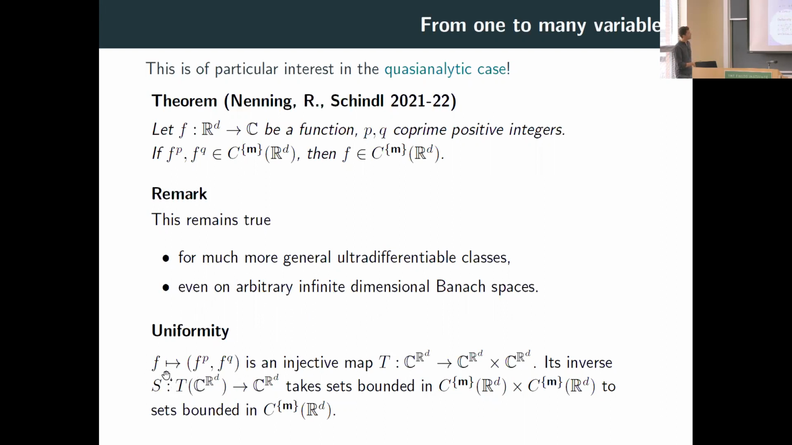And this inverse, which is actually going from the pair f^p, f^q back to the function f, takes bounded sets in this product of Denjoy-Carleman classes to bounded sets in the Denjoy-Carleman class, bounded with respect to the natural topology you put on this set. Let me not go into that. Okay,